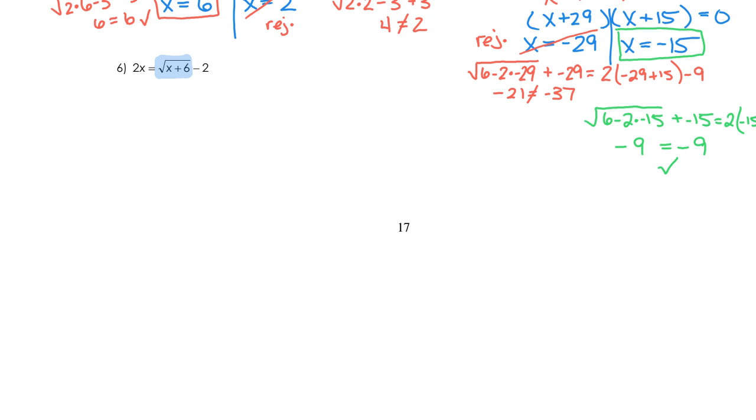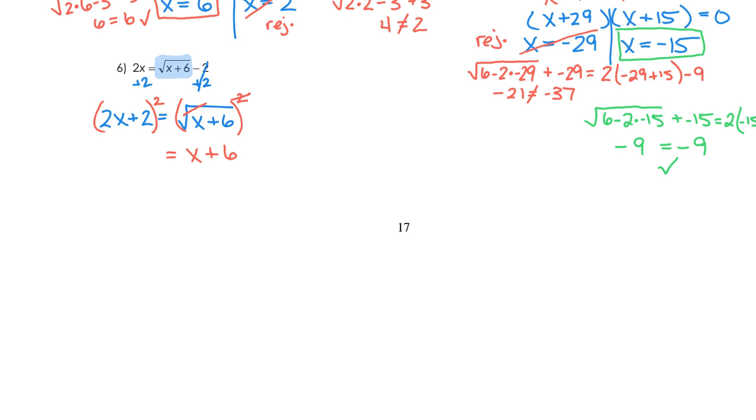So I have to go ahead and add 2 to both sides, so that I end up with my radical of x plus 6 all isolated, equal to my other side, which is 2x plus 2. Those are not like terms, okay, so they cannot combine. All right, now that I'm isolated, I'm going to go ahead and raise each side to the second power, so that that square cancels out my square root, leaving me with just an x plus 6, equal to